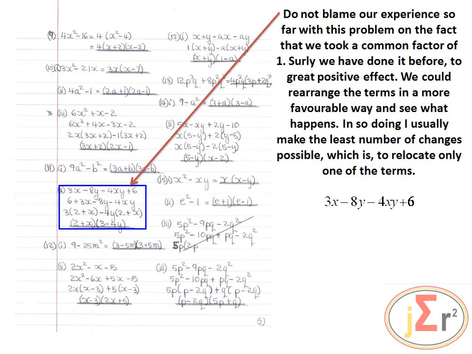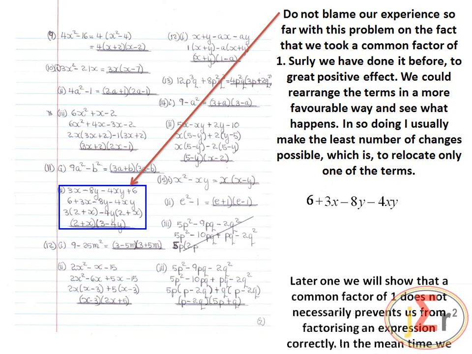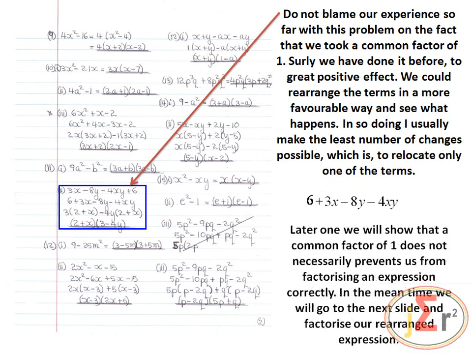Well, since we are at a dead end and we imagine that we should be able to go further, let us take another route. And we will take that route by rearranging the expression. We will do it in the easiest way, just to relocate only one term. So that positive 6 goes there, and that's all there is to it. Later on, we will show that a common factor of 1 does not necessarily prevent us from factorizing an expression